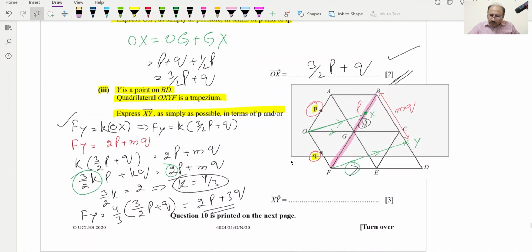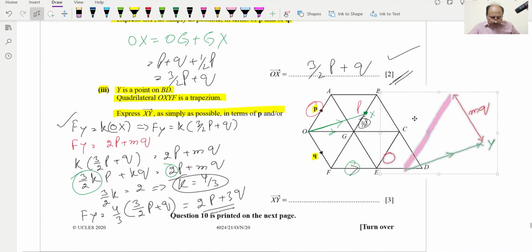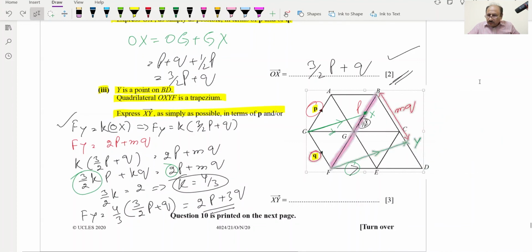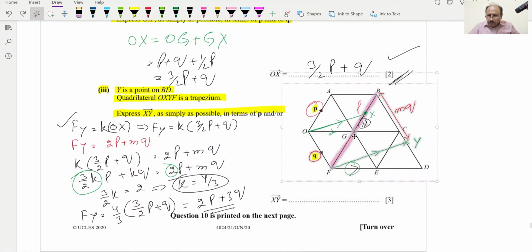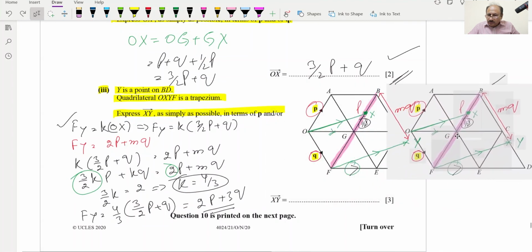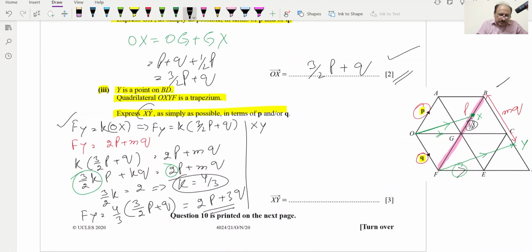We can move this drawing a little on this side. One second. So what I will do, I will move this drawing over here so that we can get space for further solution. So this will be XY. Basically XY is required. Express XY. So XY will be equal to